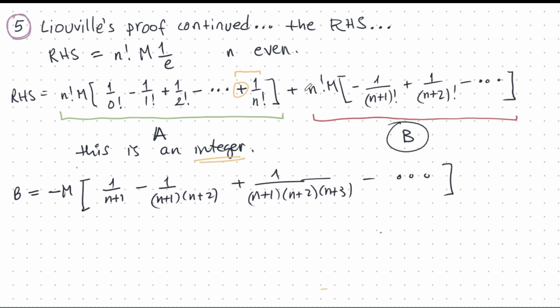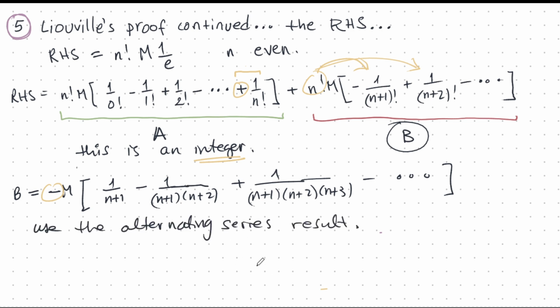Now I did a couple of things. First thing I did was I factored out a minus sign, so that changed the signs here. Then the next thing I did is I took this n and I distributed, and I canceled out a whole bunch of stuff, and I am left with this alternating series here, which is in the proper canonical form for an alternating series. Now it's time to use that alternating series result that I talked about earlier, where we can set an upper bound for the alternating series. The upper bound is going to be this first term here.